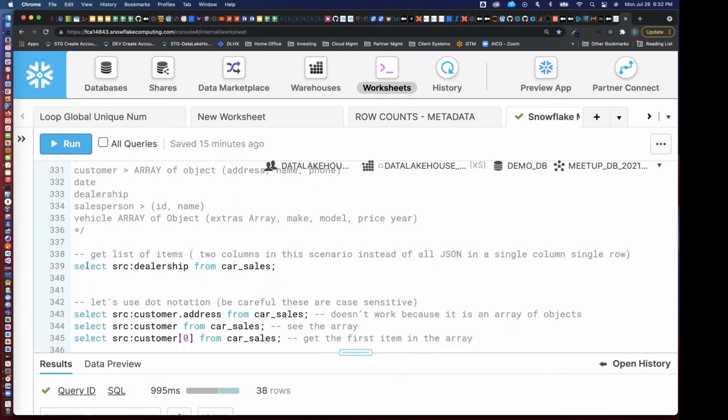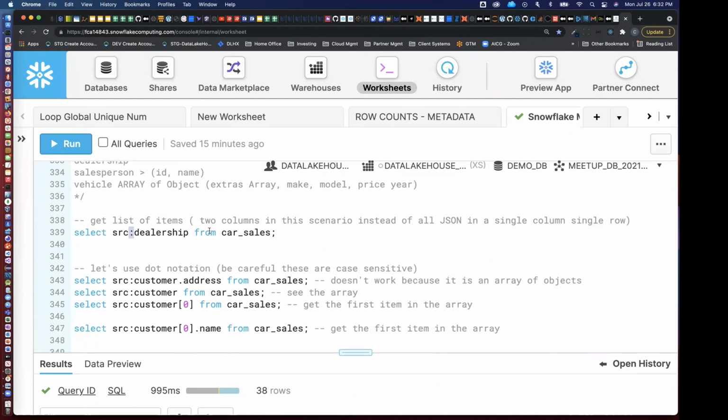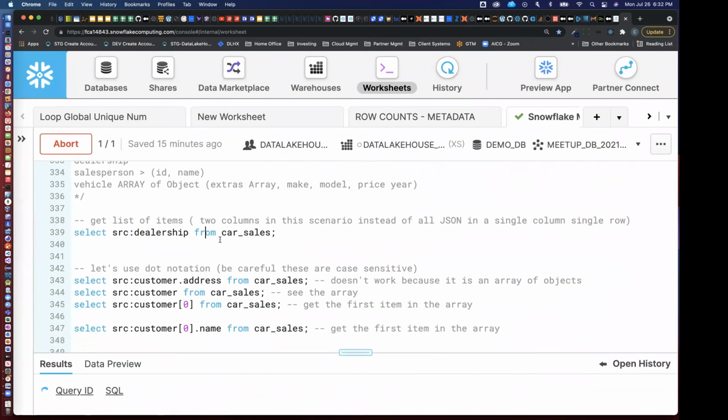So here we can see if we use a select statement, source is our column name. Remember, our column name comes first, and then we use a colon to identify what the first attribute we're after is. You could have nested attributes, and we'll talk about that. Actually, we'll show an example very quickly. So I'm going to run this,